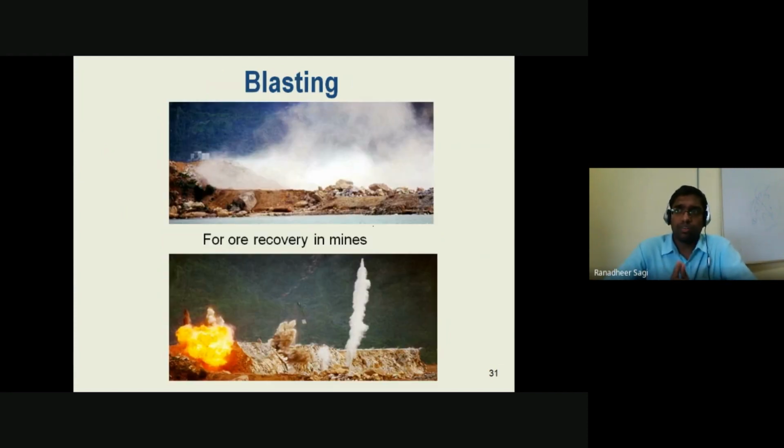And it's also very important for us to know the effects of blasting being carried out, because in the places of your mines where we are required to carry out blasting, it could be coal mines or iron ore places. Generally people carry out blasting. So in the process of carrying out that blasting, what is the effect of the blast you have done on the nearby area or nearby existing structures is something we need to know. How much additional or sudden force is getting generated in the ground is what we need to know, and how the soil responds to those additional forces generated must compulsorily be known.